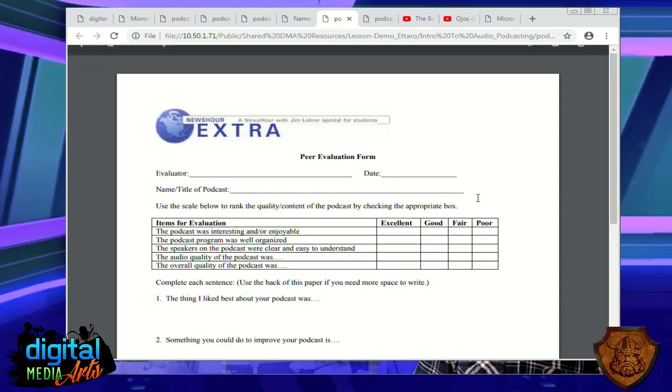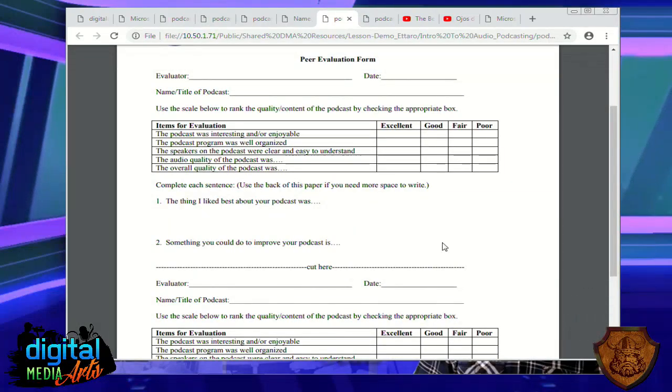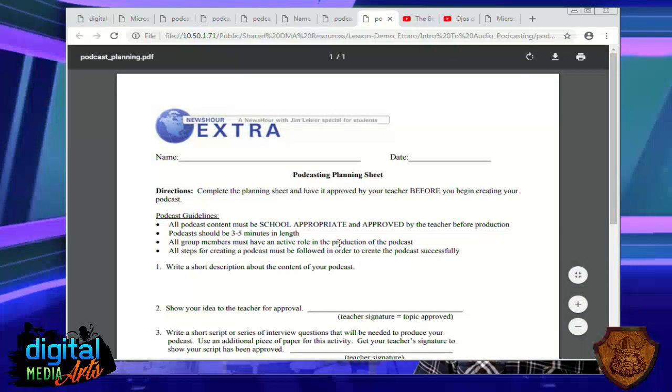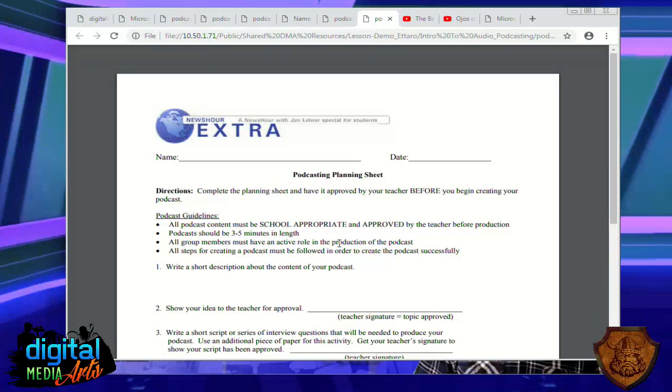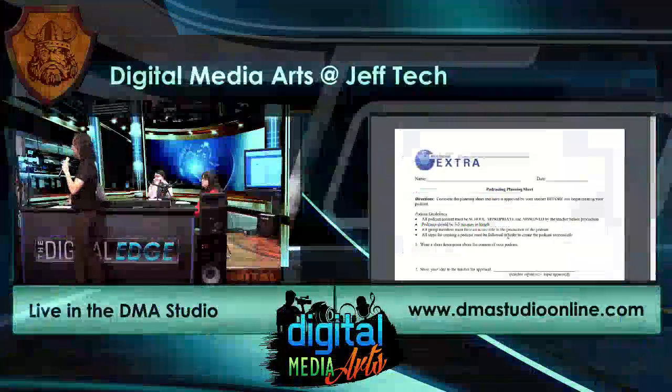Same process, however. Then we are going to do, as we always do, once you publish your podcast, a peer review. The peer review is where a student listens to your podcast and gives it a grade based upon your performance: excellent, good, fair, or poor. Of course, the instructor grade is what is going to determine whether or not you've met competency on any of these tasks. However, peer review is a good process for you to engage in. We all learn from one another nicely that way.